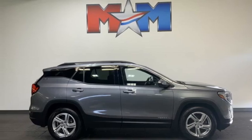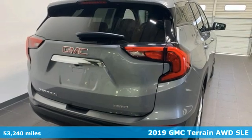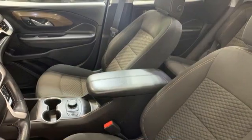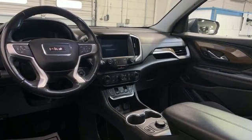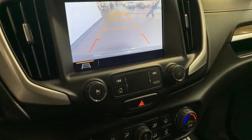It's a 2019 GMC Terrain. This SUV will be the perfect fit for your family with power and efficiency and surprising cargo space. It's well equipped with the features you need: auto-dimming rearview mirror, Apple CarPlay, Android Auto, manual tilting steering column, Bluetooth